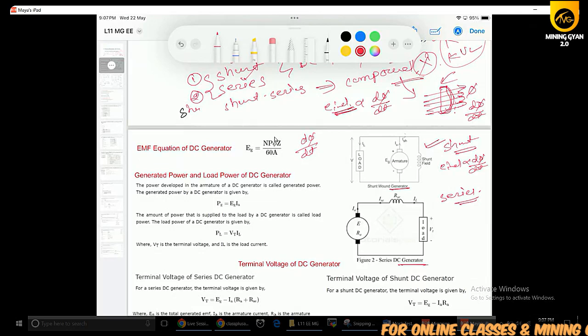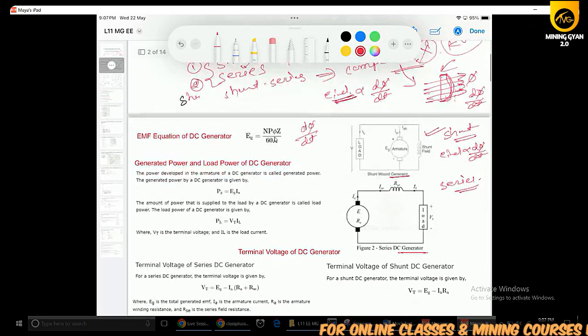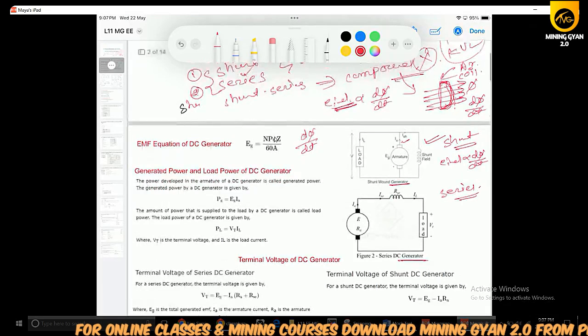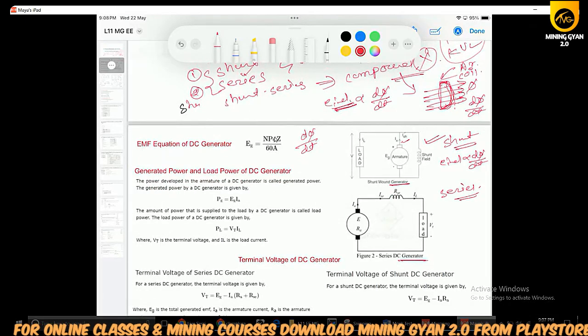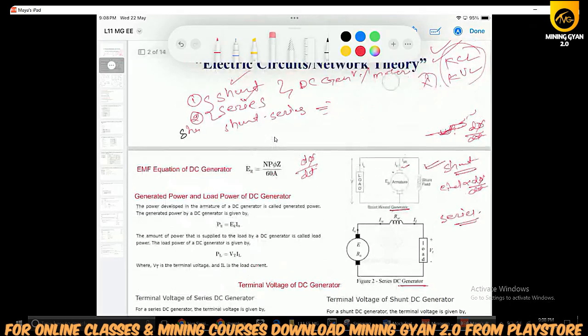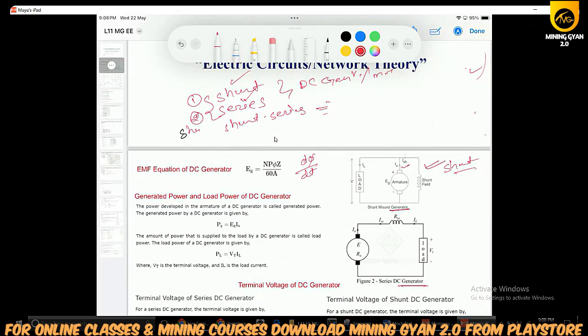Because of that, induced current and induced voltages will be there, and that current is called the armature current, and this coil is referred as armature coil. In order to set up the flux, this machine will not have permanent magnets. So in order to get the flux, we will have what? Electromagnet. What is an electromagnet? It is like this, means a solenoid will create an electromagnet.